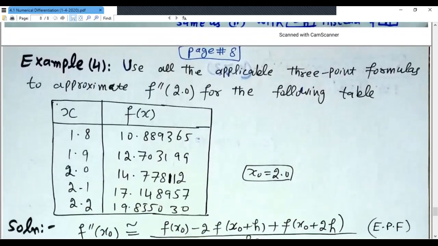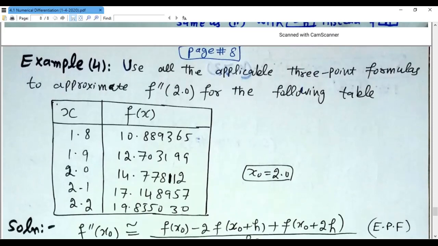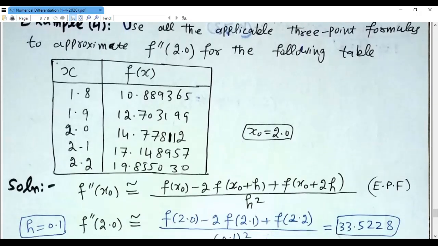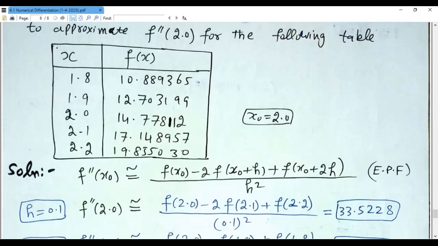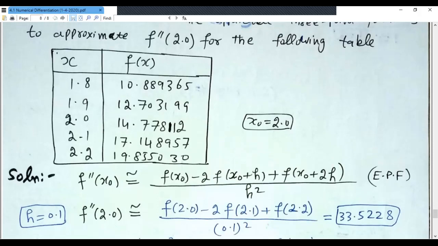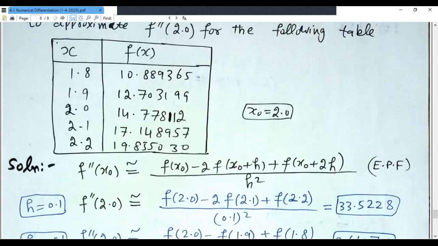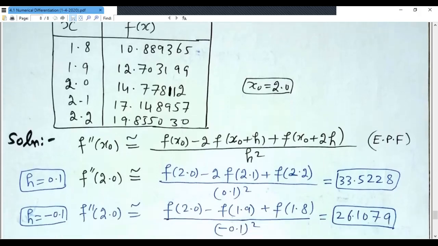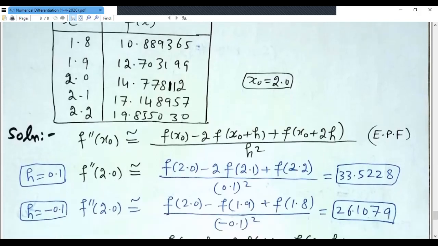Let us solve an example on this also. Example 4. Use all the applicable 3-point formulas to approximate f double dash of 2.0 for the following table. We want to find the double derivative at 2. So x naught is 2, and this is the endpoint formula. Use the endpoint formula for f double dash of 2. We can use h equal to